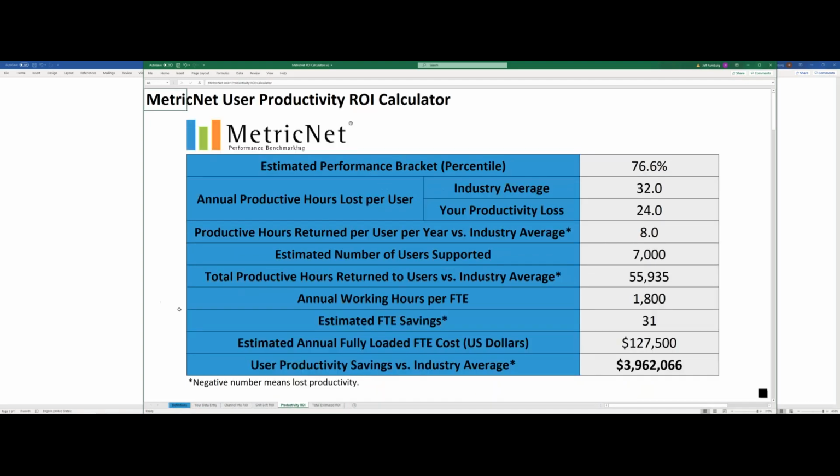Now, finally, we're going to calculate the productivity ROI. And this, by the way, is typically the single biggest contributor to ROI, because the number one strategic objective of a service desk is to make end users more productive. Now, because this service desk operates in the top quartile, 77th percentile bracket, they're returning an estimated 56,000 working hours, productive hours per year to those end users. We can monetize that and estimate that this service desk is returning the equivalent of almost $4 million a year